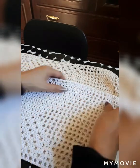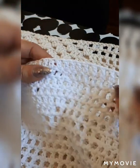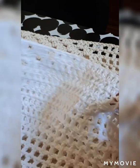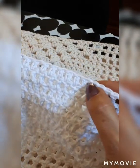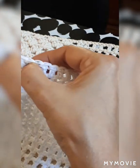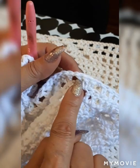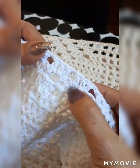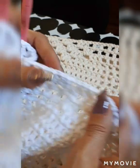Row 21. So you did your 7. You did your 7, you did 1, 2, 3, 4, and your 5 squares. We have 13 double crochet, 2, 4, 6, 8, 10, 12, 13. We skip 1, we go to the next one, we do the first 3 groups of double crochet, 1 chain, skip 1, 3 groups again of double crochet,